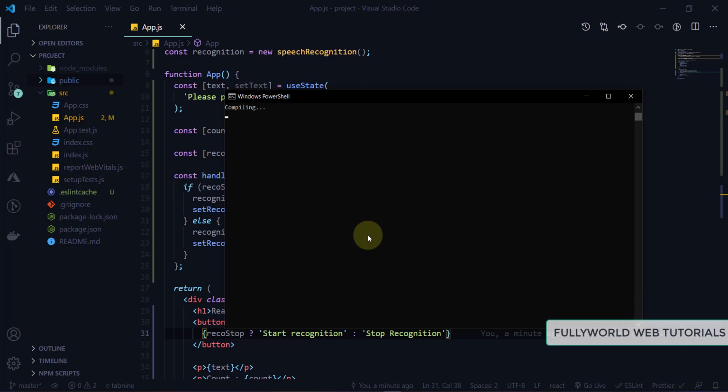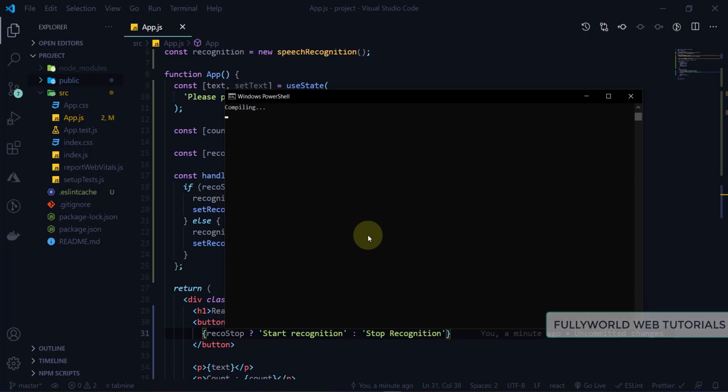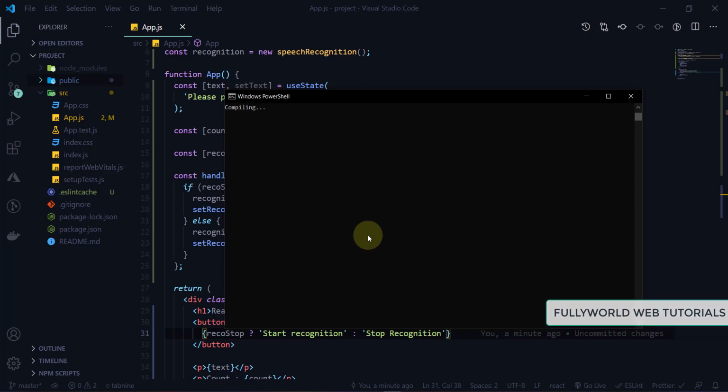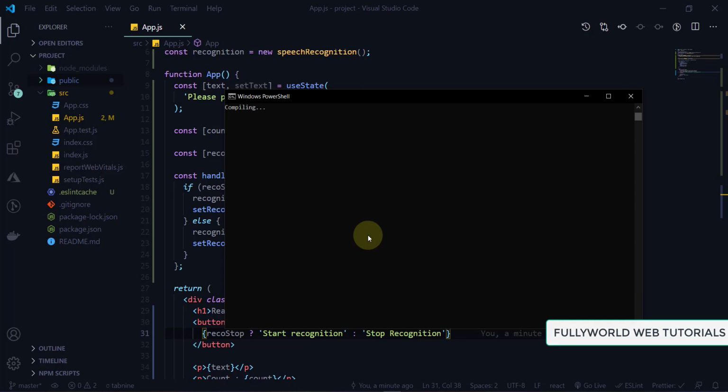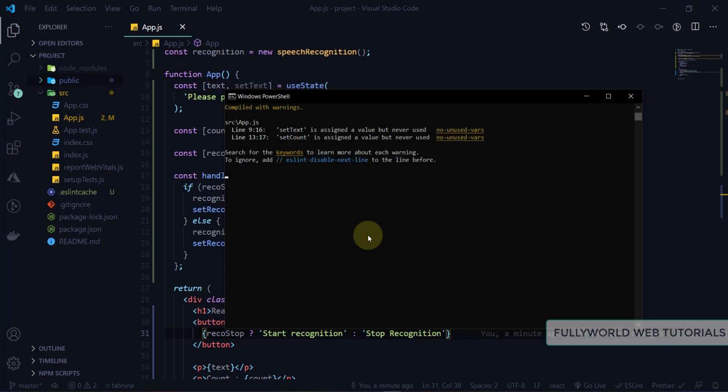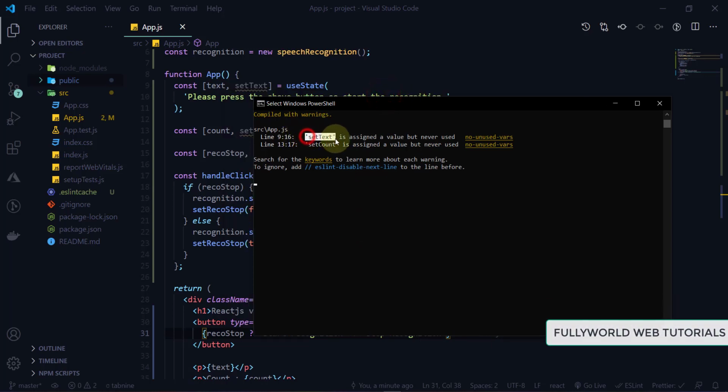So we have to wait for a while. Now see that it successfully compiled here. We have to set text and set count also, so ignore these warnings.